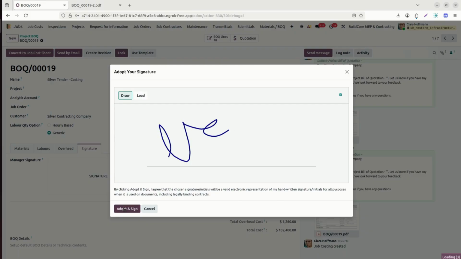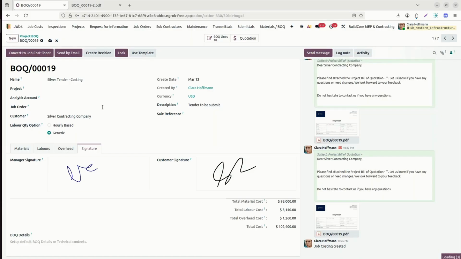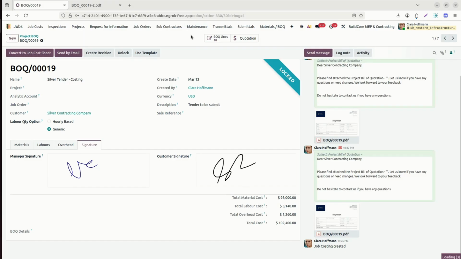Once it's done, we can log it internally, and then we can use the next option, quotation to be created. Once it is done, we can also log it. No one can update it.